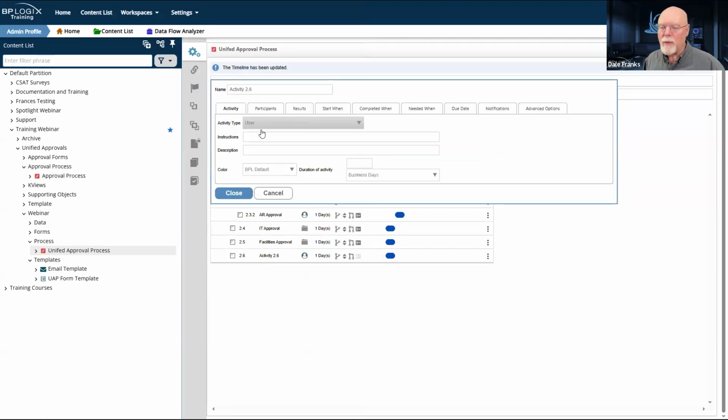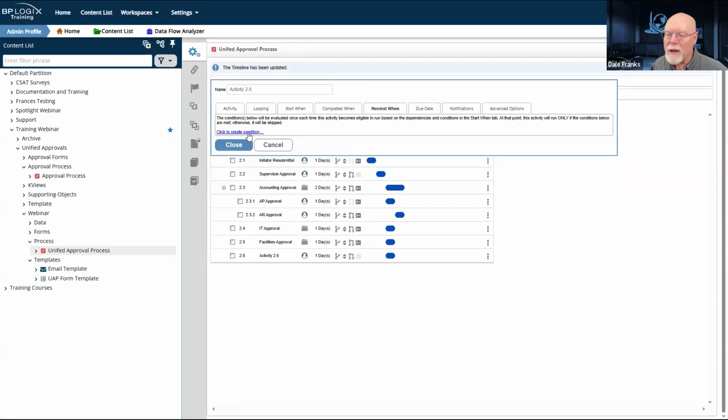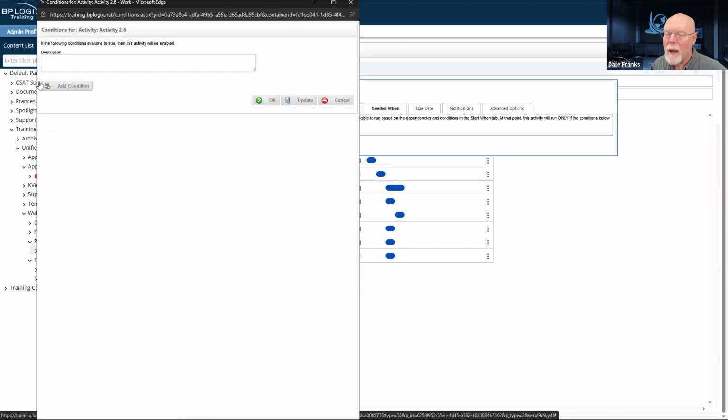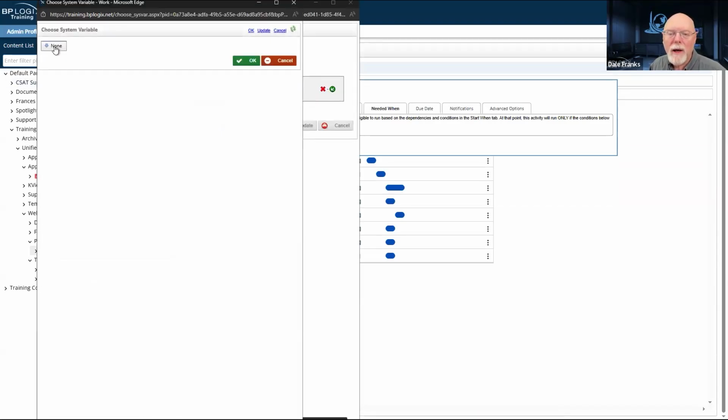And then activity 2.6, again, we're going to make it a parent activity. And it will need its needed when. And this time we want the function to be IT.